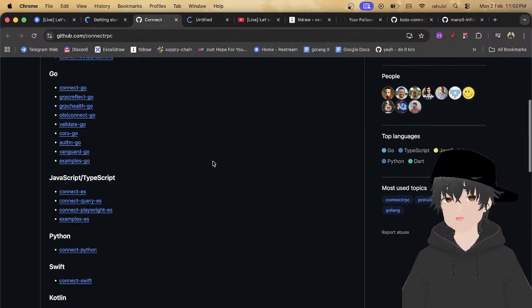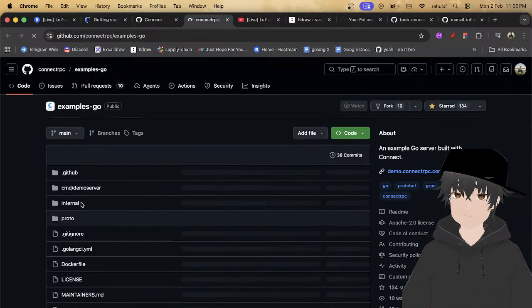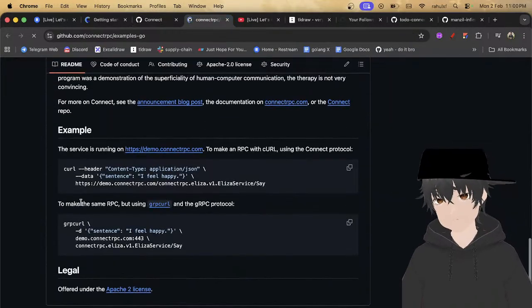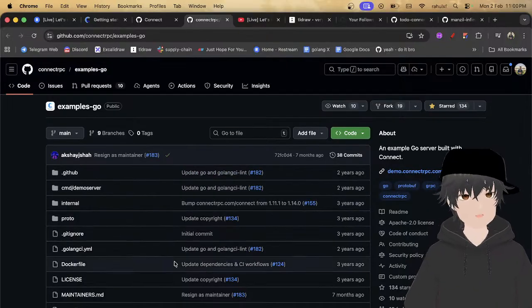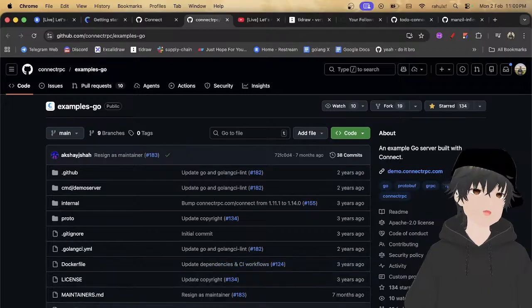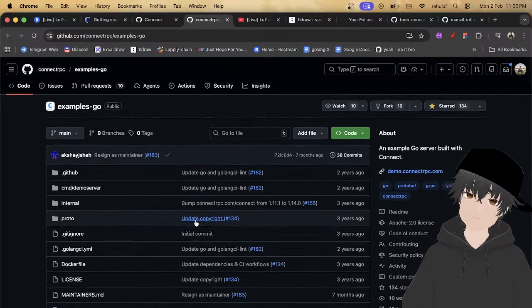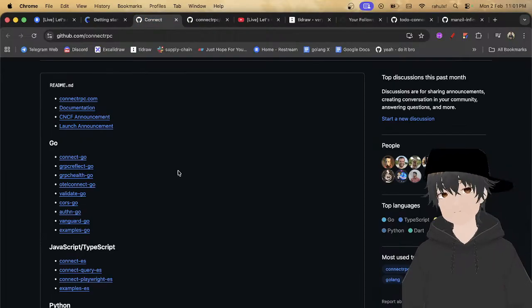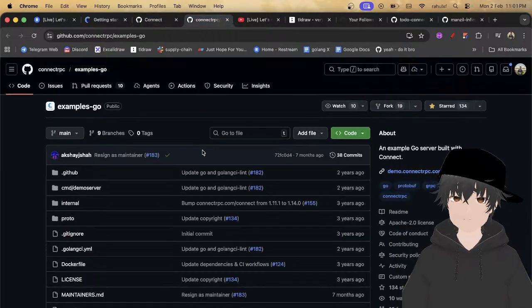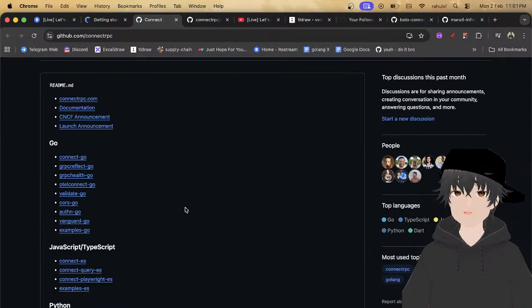You can see example Go. You'll find this example, which is example Go. We'll fork this and then we'll do some hacking around it. Not hacking, I mean we'll run some of the things around it.